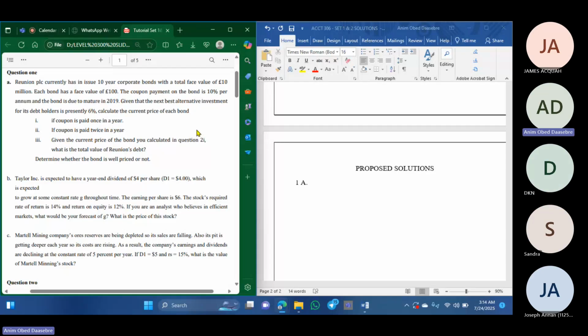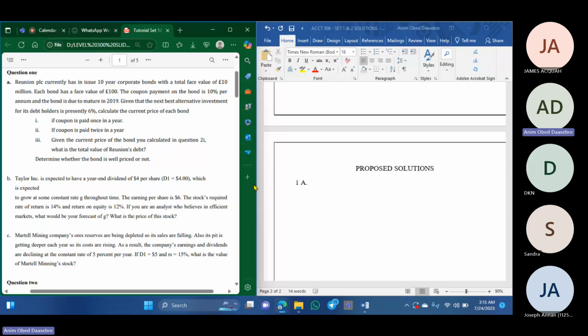Bond valuations. Each of the parts requires us to find the bond price, but in different scenarios, because question 1A is different from questions 1B and C. But even though they all require us to find the bond price,